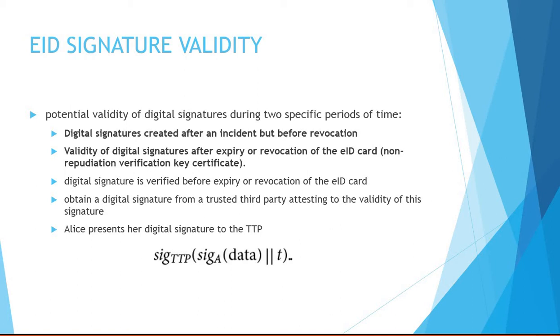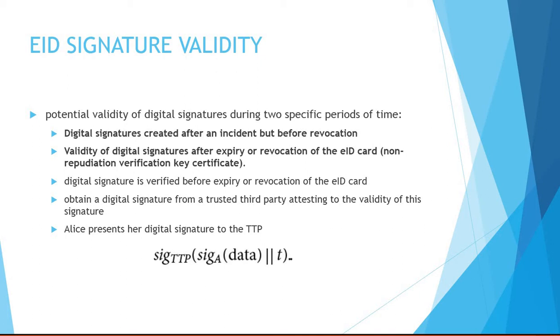So who is helping us by providing the digital signatures? A third party will help us in creating the certificates needed for generating the digital signature for the data we are transferring. Whenever we are using our EID card for verification, that is when it will be used. For example, Alice has an electronic ID card. She is using it with some vendor, some third party who wants to verify using the EID card.